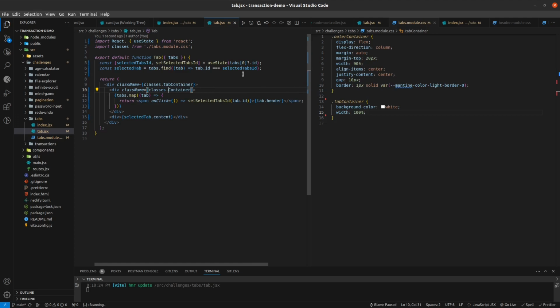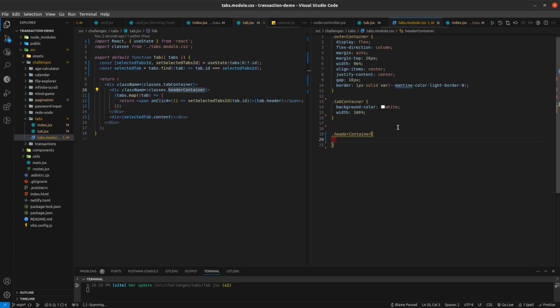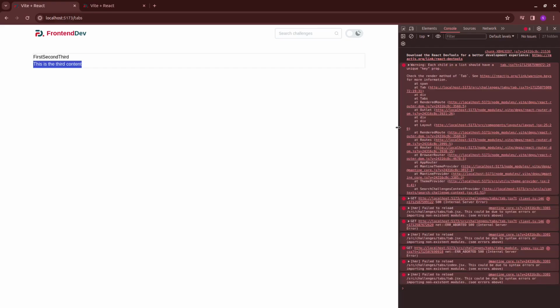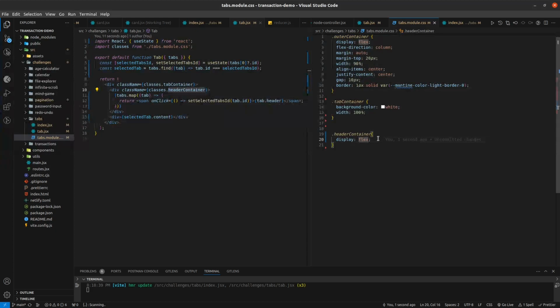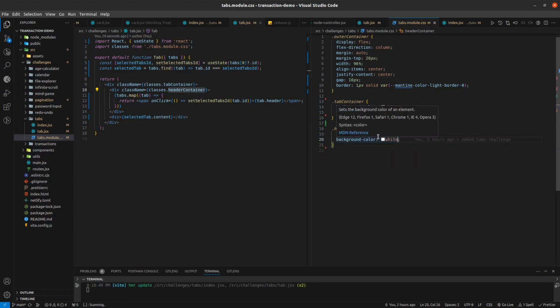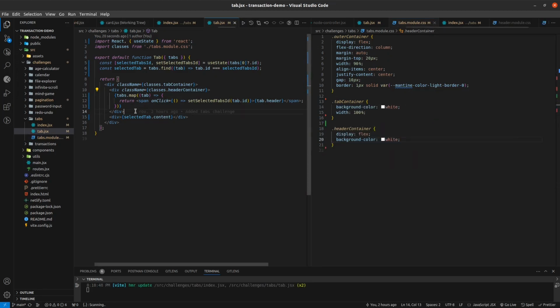So this is a header container, and let me give styling to the header container. It should be display flex. So why I'm giving flex, you will get to know in some time. And background color white to this as well. It is not required because by default the background color is white, but I'm giving it, and yeah. So similarly to the span class,